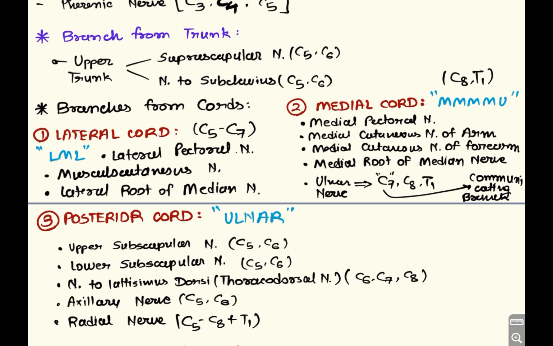Okay, and lastly we have the biggest branch of the brachial plexus, the thickest branch of brachial plexus, that is the radial nerve. The root value is C5 to C8 and T1. The radial nerve is actually supplying the back of arm, the muscle of back of arm, the triceps brachii, and it is also supplying the back of forearm, muscles of back of forearm. All 12 muscles of back of forearm will get supply from the radial nerve, right? So these are the branches from the